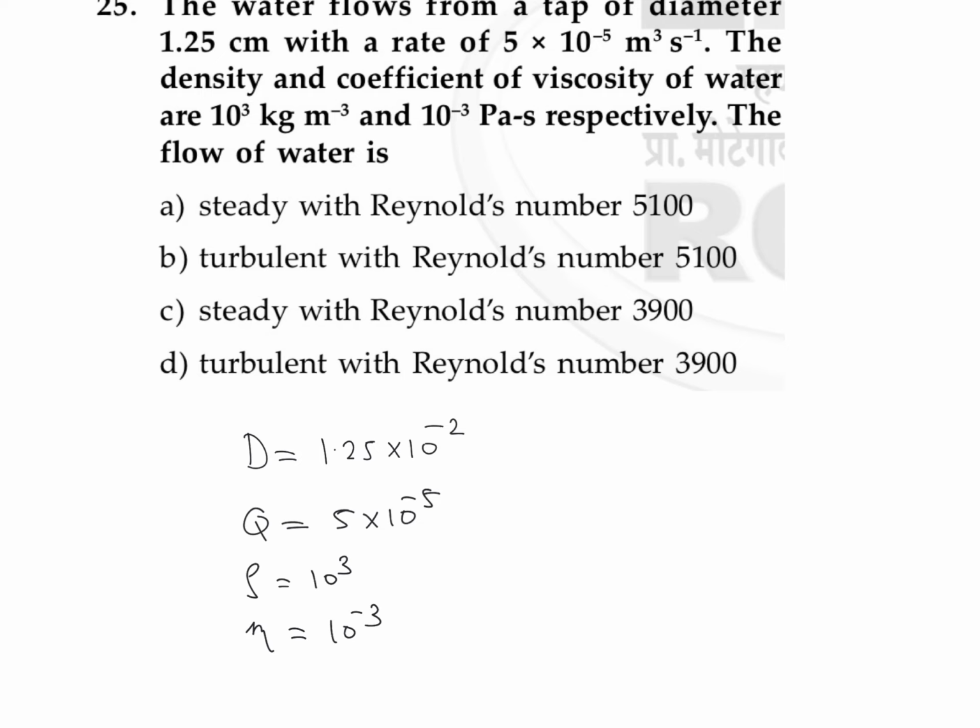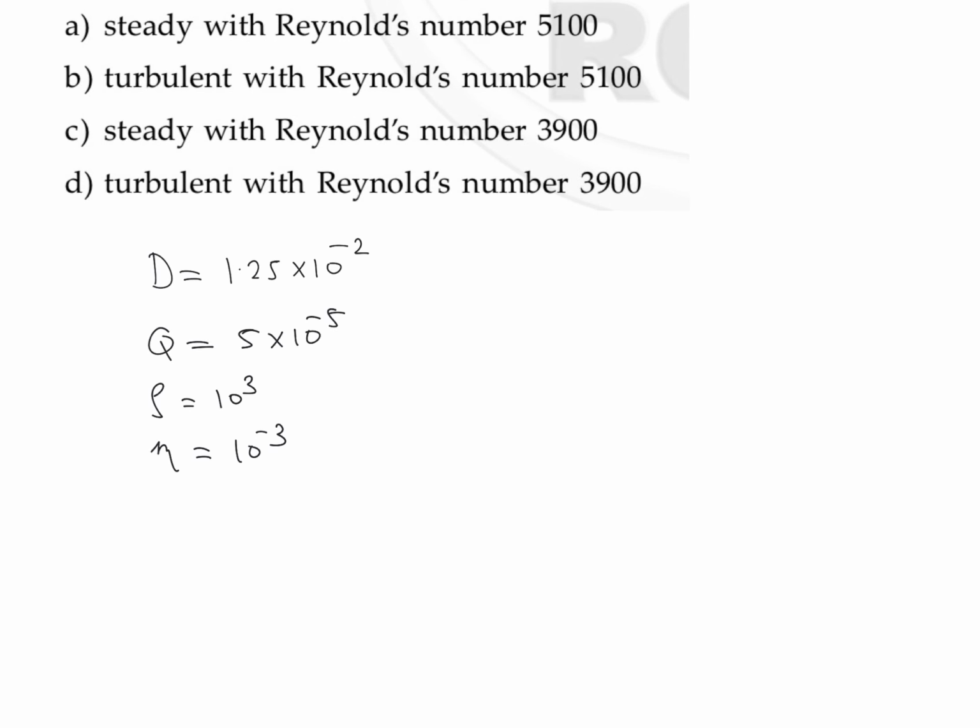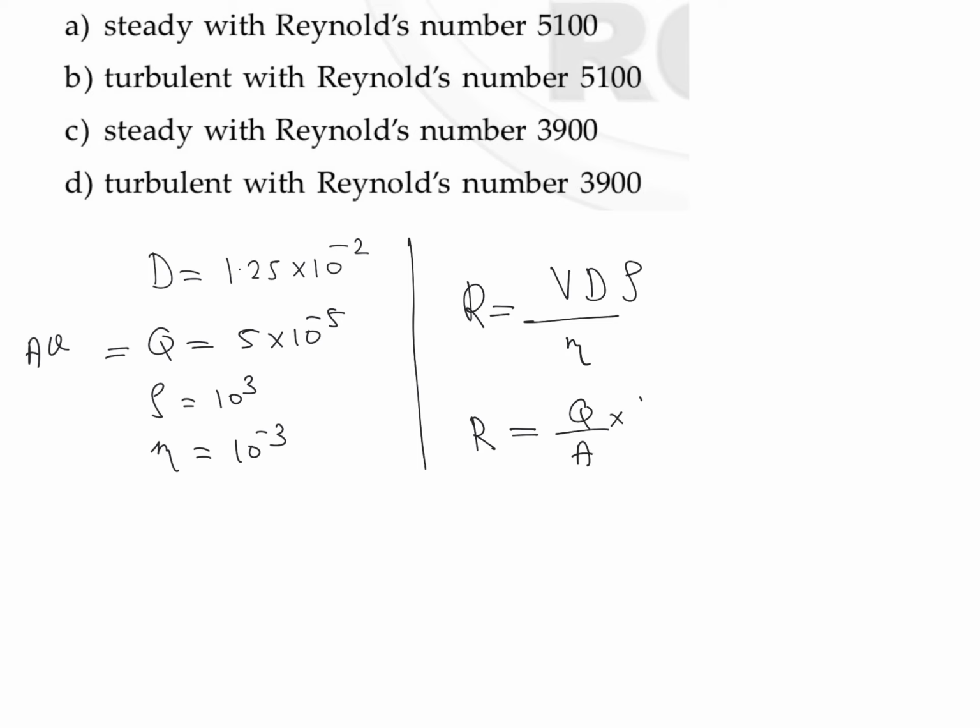The flow of water is, so our aim is to find out what type of flow it is, and what the value of Reynolds number is. So we can write the equation for Reynolds number, that is V into D into rho divided by the coefficient of viscosity eta. So the Reynolds number is equal to V, which is the velocity of flow. Over here the velocity of flow is not given, but we can write Q is equal to area into velocity. So we can write V as Q divided by area, into density rho, D into rho